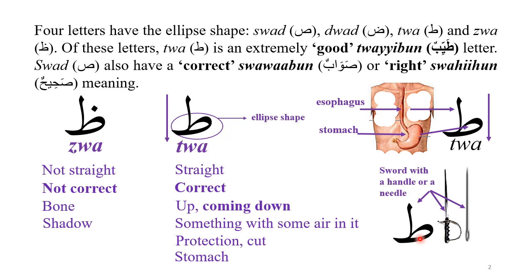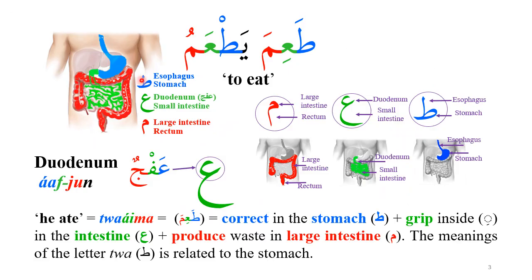And notice the twa looks like a sword with a handle, or a needle, which also has this space for something. So it has a meaning of protection. So here I show the word for eating. To eat, twaáima and yatamu. Twaáima means he ate, and yatamu means he is eating. Both of these are